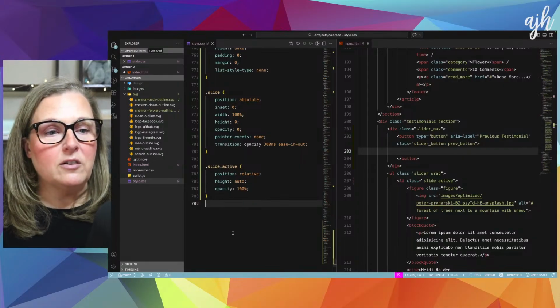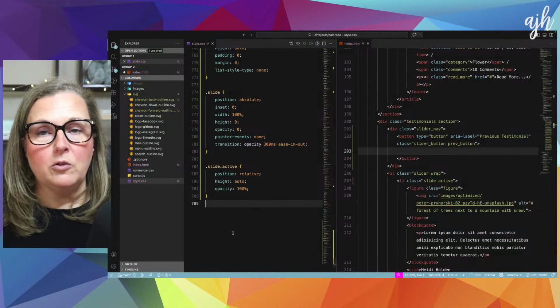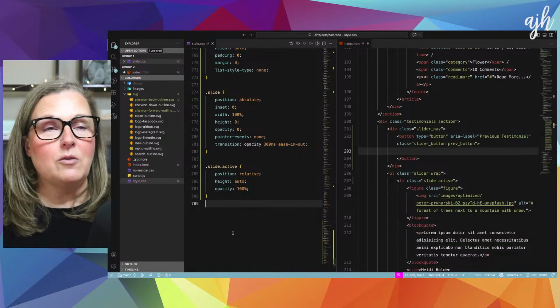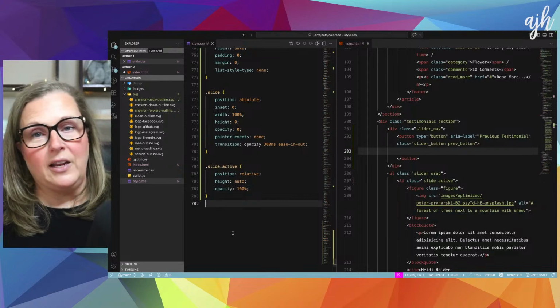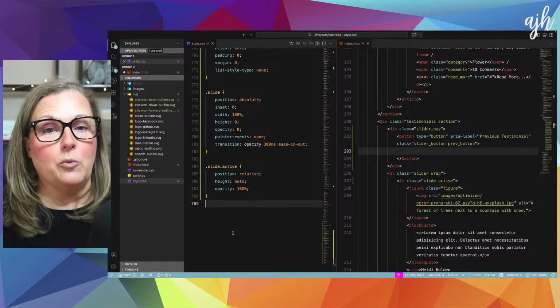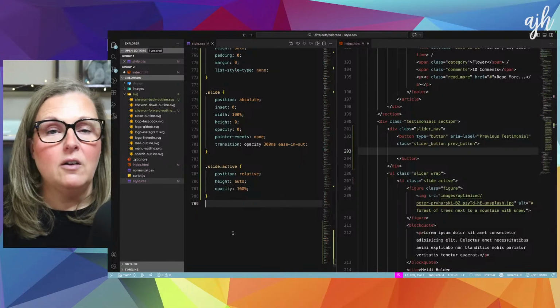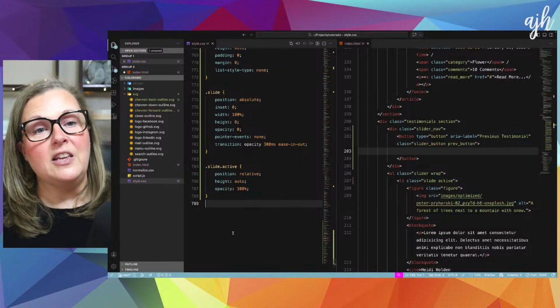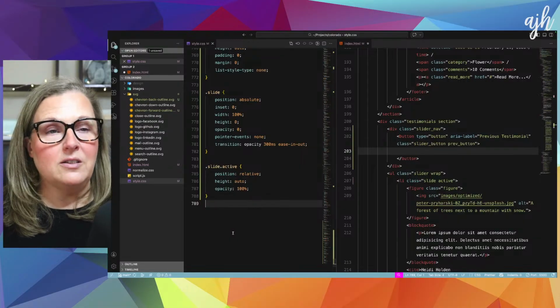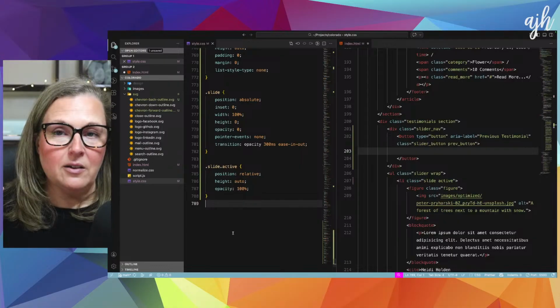Certainly on an enterprise level website with multiple developers and lots of attrition over many years, I would not recommend one gigantic CSS file. I'm not saying that that's the way you should do that at all. The whole point of my channel and these projects is to get you comfortable with vanilla CSS, period.